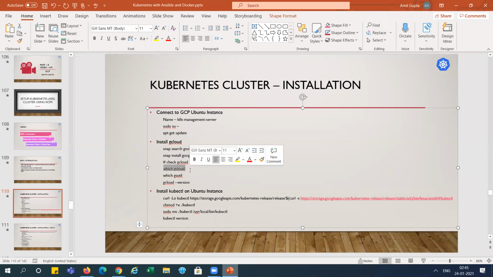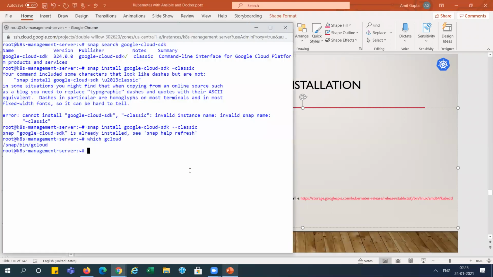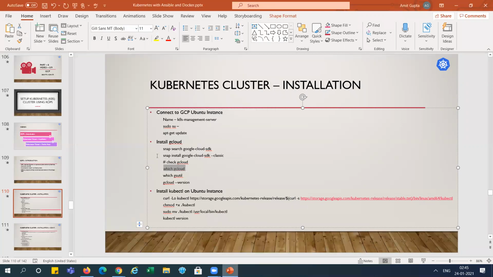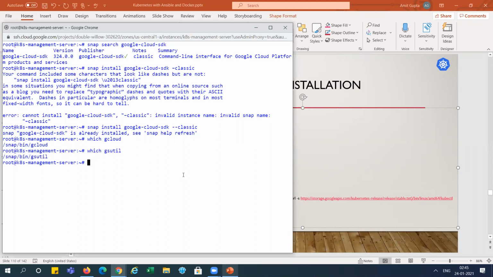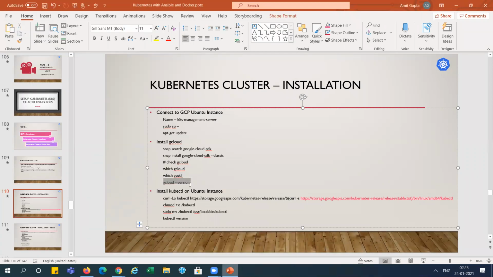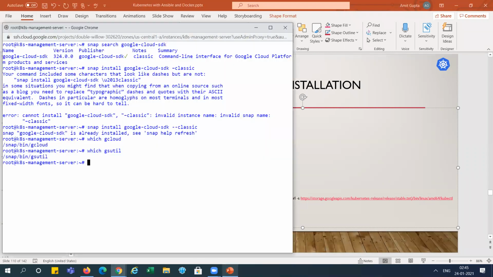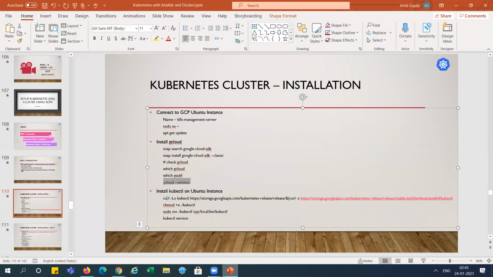Now we can check whether it is installed or not, using which gcloud and which gsutil. You can get the gcloud version. Now it is already installed, right? We can see all those versions over here. Now it is done. Now we will go and install kubectl.